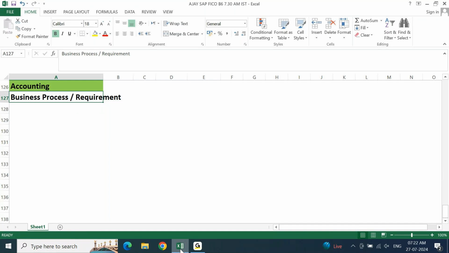When I say this business process, this business requirement will teach you configuration by default. Reason: you know what you're going to work on, you know what you're going to bring from SAP. When you set up the SAP, you know that this is the business requirement, this is the client requirement. After I maintain all the configuration, this is what is expected. This is what my client wants to see, this is what my user wants to see, my business wants to see. Then you know what you have to test.